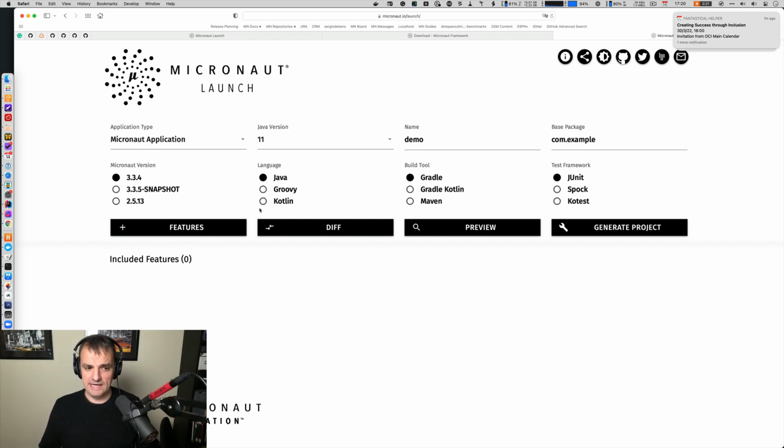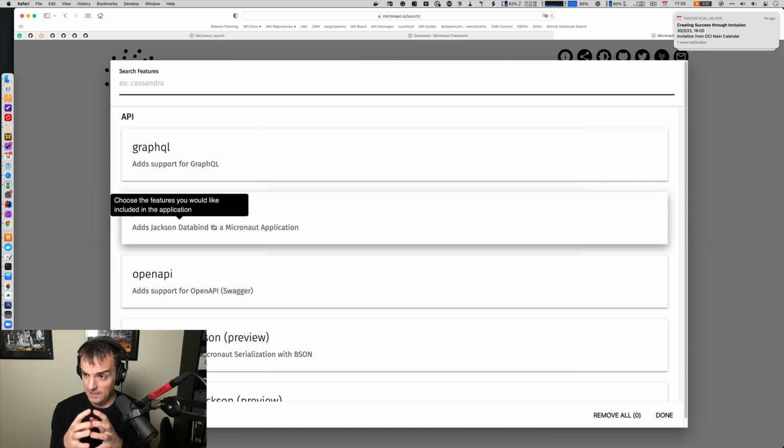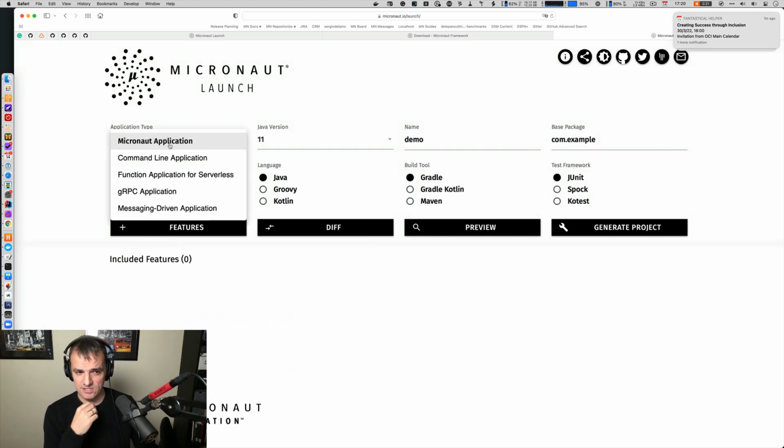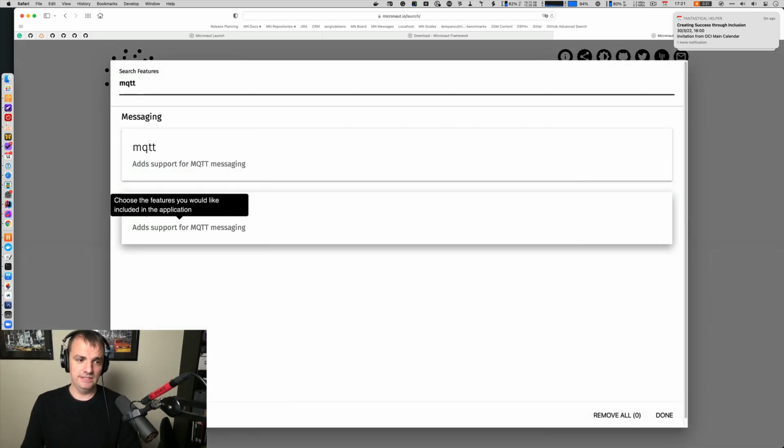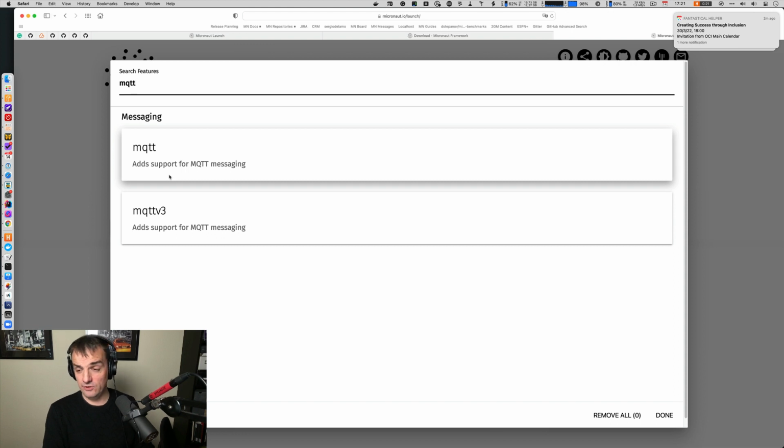What I'm going to do here is in features. One important piece is the application type, which is the archetype of what you are trying to build. In my case, for the demo, I selected message-driven application. This is an application that doesn't even have an HTTP server running. By default, you will create an application that has an HTTP server running, but here I only care to subscribe to an MQTT topic. You can come here and select MQTT, and this adds support for MQTT messaging,